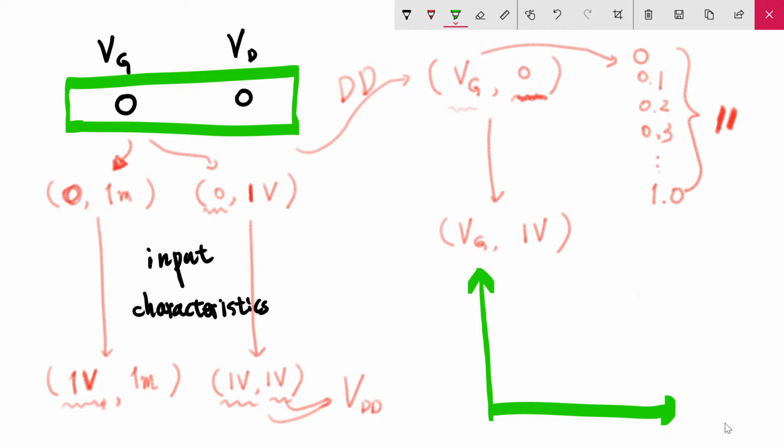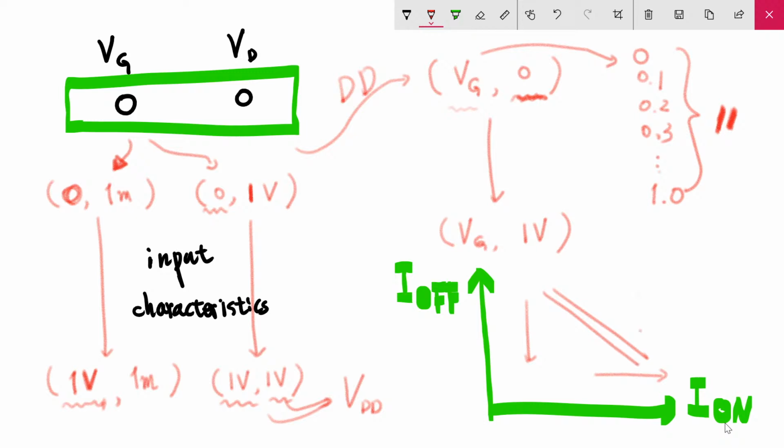So we have to find, for example, there can be similar curves, but we have to always find out I on and I off. Whether I off is the x-axis or I on is the x-axis, that doesn't matter. So then what is the desirable direction? We wanted to have large on current and small off current. So this diagonal direction is for